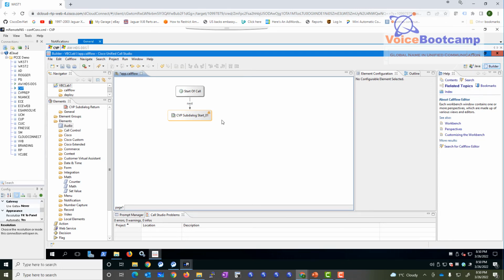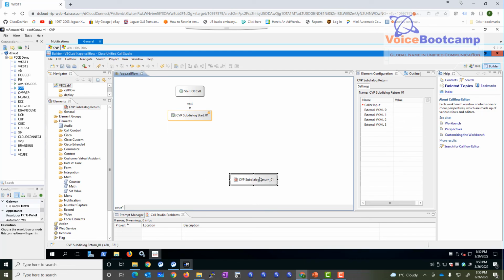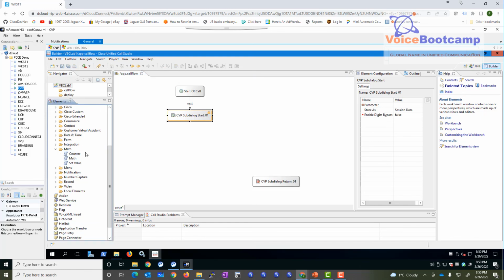So here we have a very simple basic script we're going to create. Obviously, the script will have a CVP sub dialog, which will return the call back to the ICM. Now, in my start, I can play an audio file, which will simply